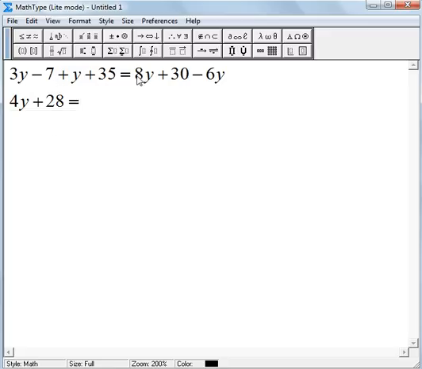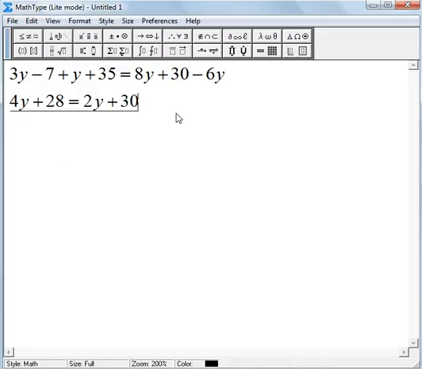Now let's do the same thing on the right side of the equation. 8y is alike with 6y minus 6y. So combine them, 8y minus 6y, that's equal to 2y, and then write the rest of the expression that you have left after combining, which in this case is the plus 30. So I simplify the original equation to 4y plus 28 equal 2y plus 30 by combining like terms on each